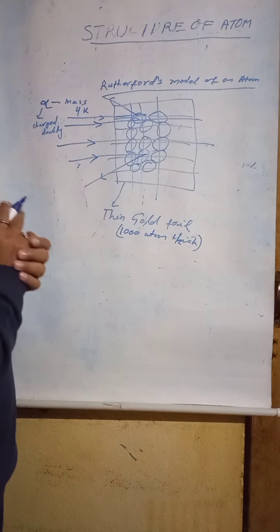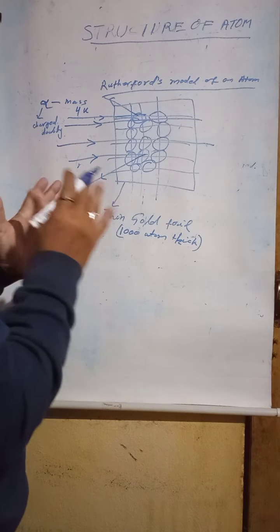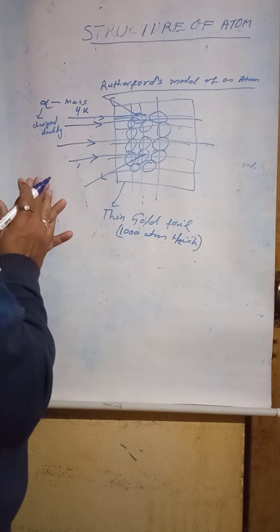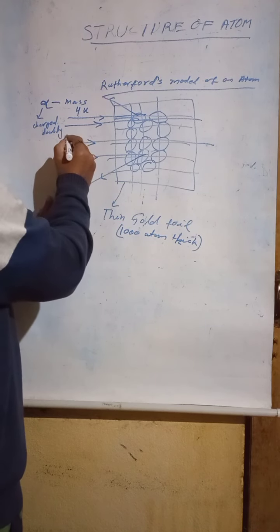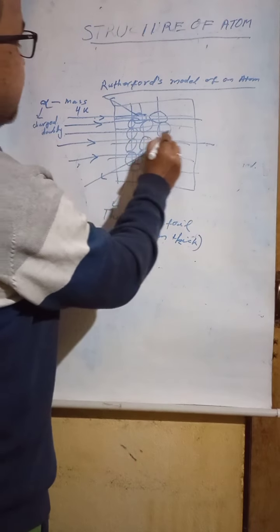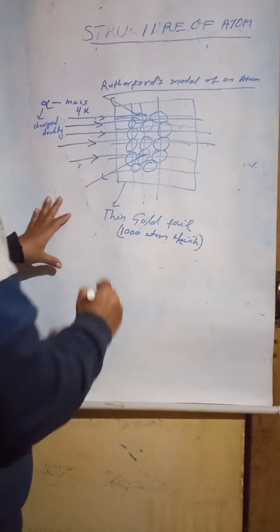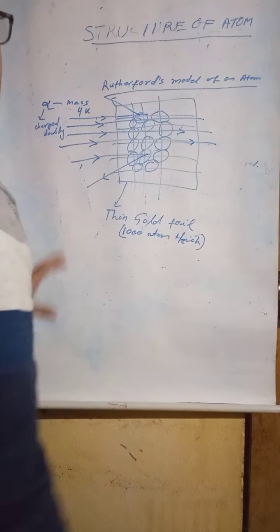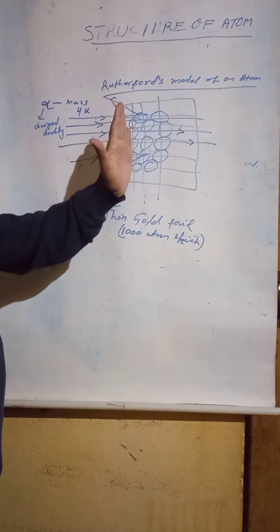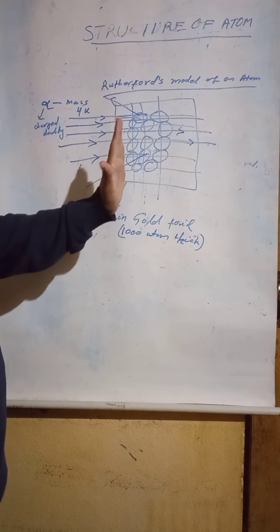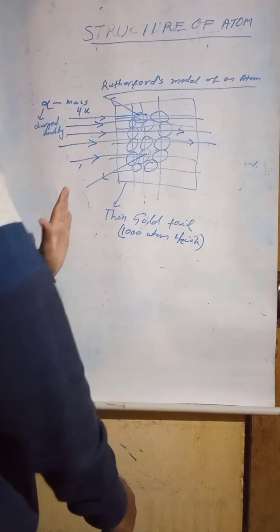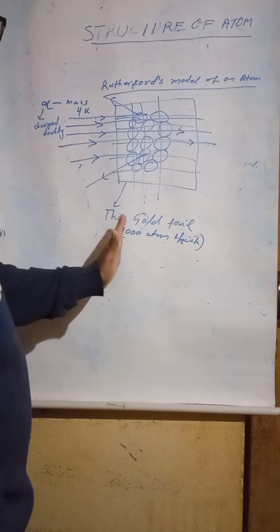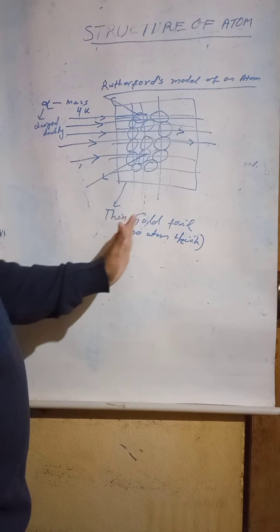He conducted this experiment only for this analysis. So when the doubly charged high speed alpha particles passed through the thin gold foil,